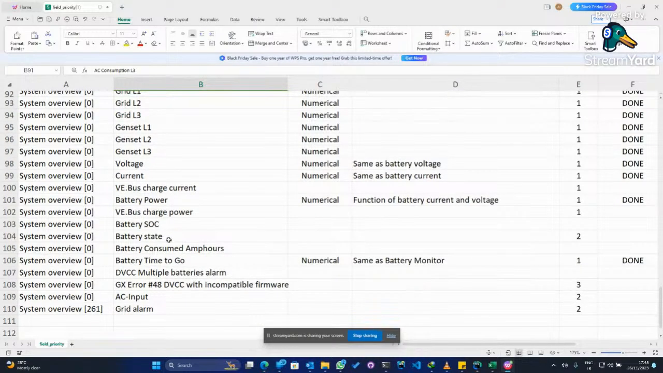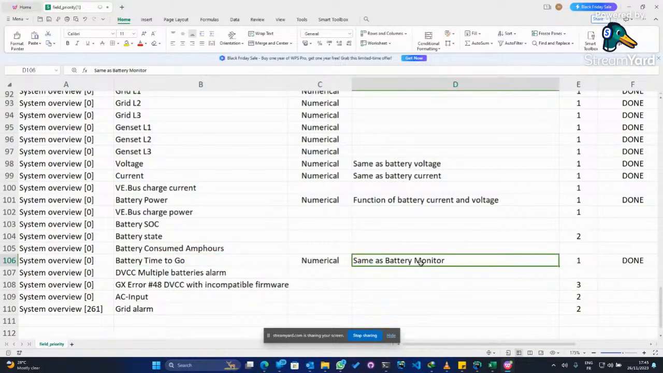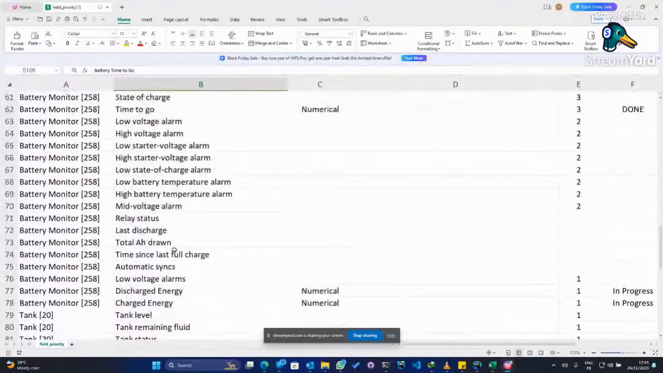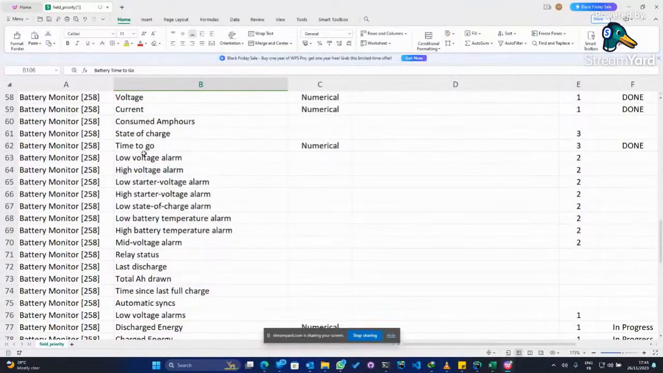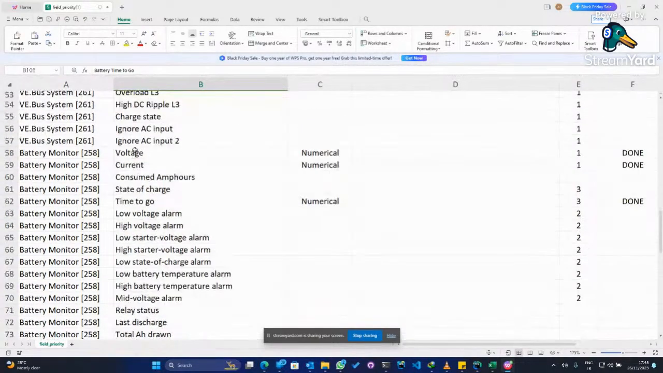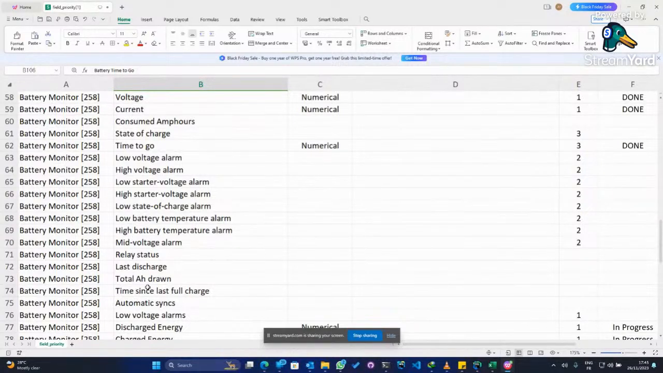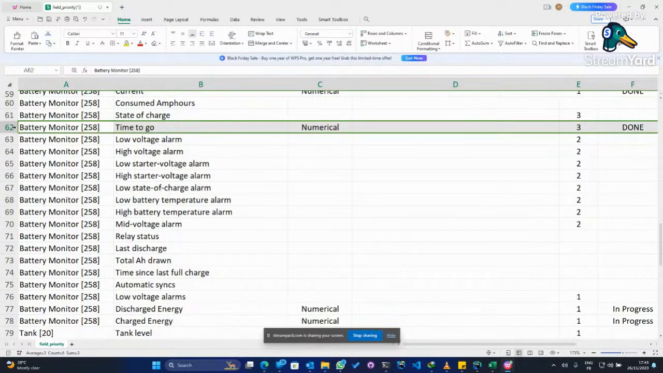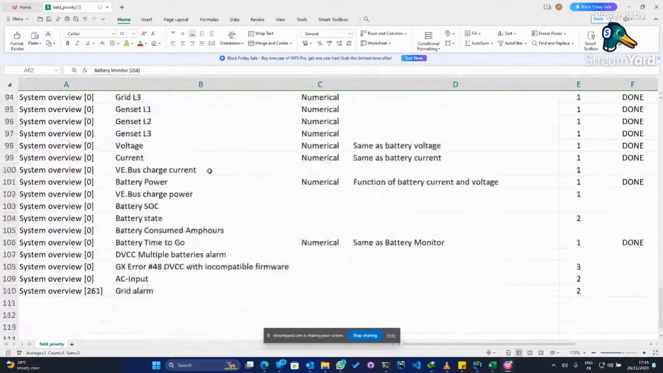And it also applies to the battery: the battery consumed ampere hours and the battery time to go. I think here it is mentioned that this battery time to go is actually the same value as the battery monitor at battery. I think it should be somewhere around here. Time to go. So here, the battery monitor parameter time to go is the same thing as